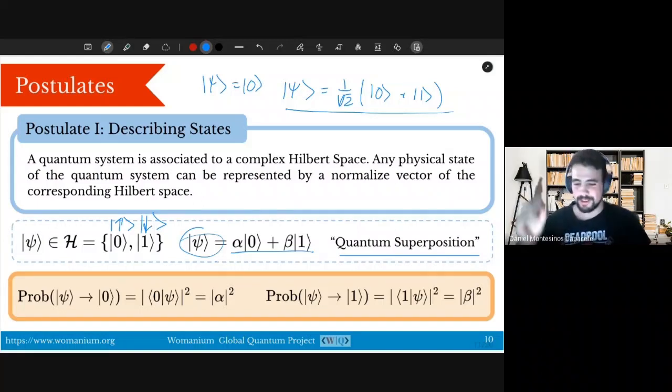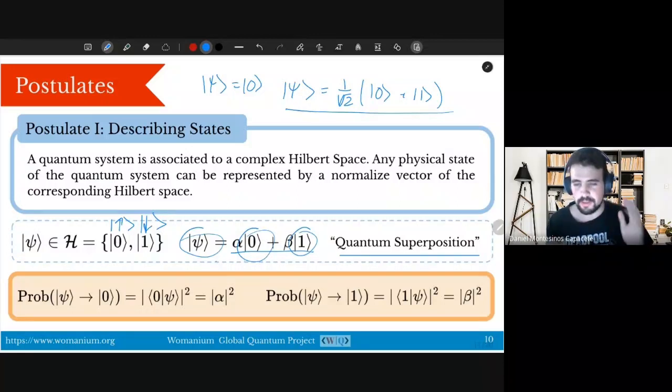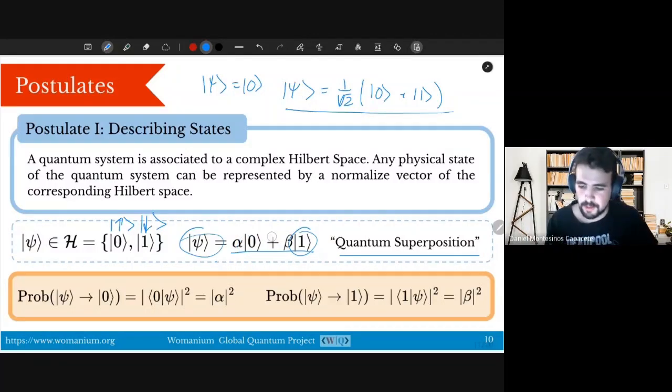No, in quantum you can be in two different places at the same time, or something like that. For example, in this example, you can be in the state 0 or 1 at the same time. That's true in some sense, but it's not exactly what happens when you measure. It's true that the state describes a system that is in both states, 1 and 0. But the coefficients here, this alpha and beta,